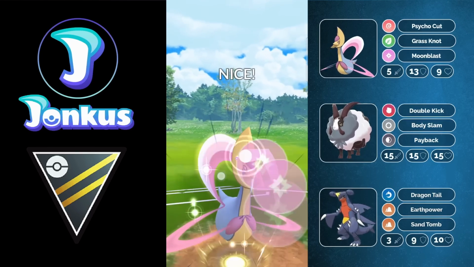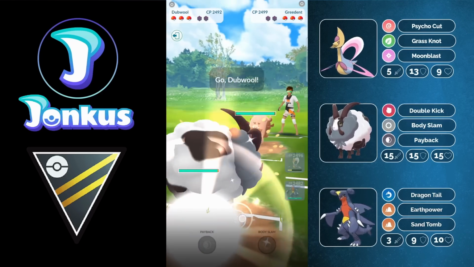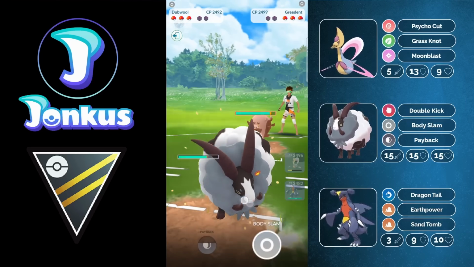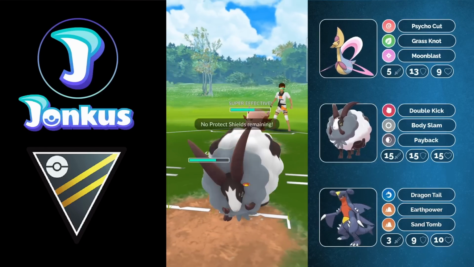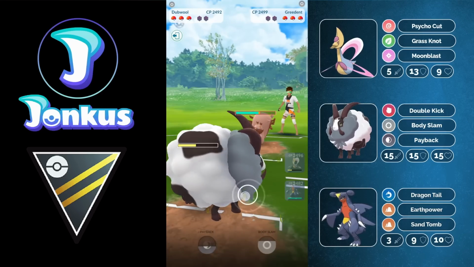So here you're going to see already this Moonblast coming through, going to do not enough damage, but luckily the opponent decides to swap out here, swapping out into a Greedent. This is a huge mistake, because our Dubwool is just basically a better Greedent. This Pokemon here is now going to have the same moves that you really want to throw here with the Body Slam, but we have a super effective fast move, which is going to be super beneficial for us,